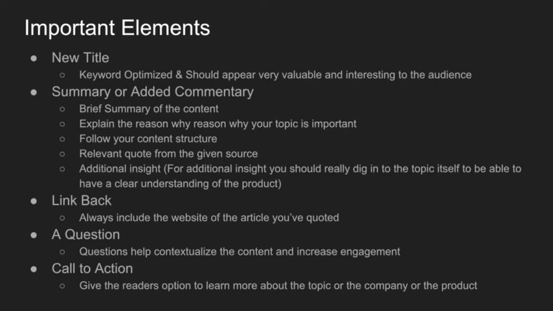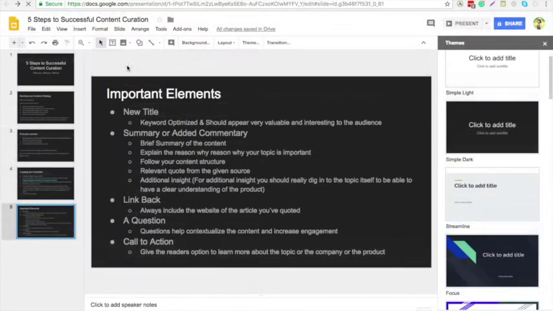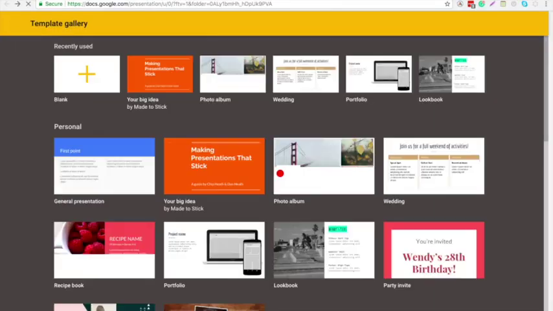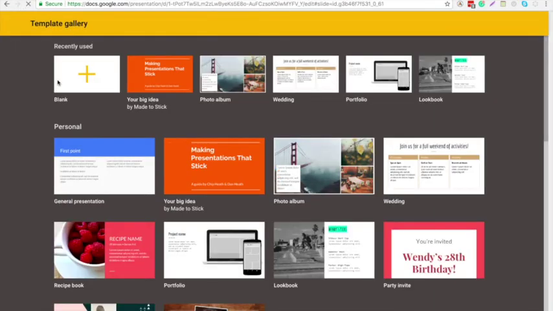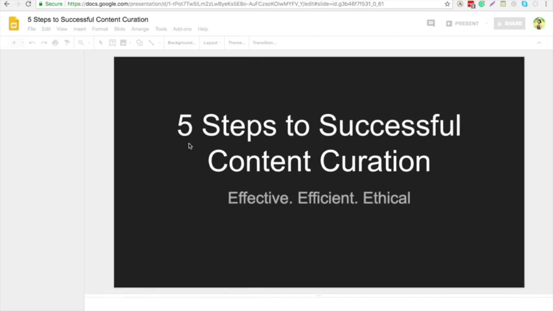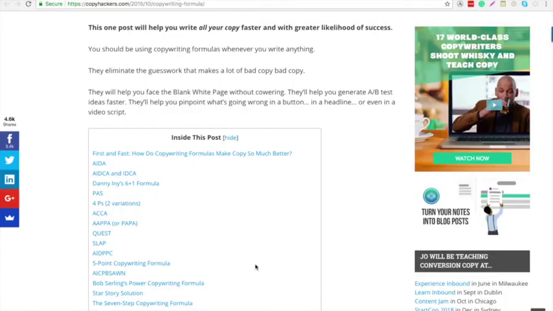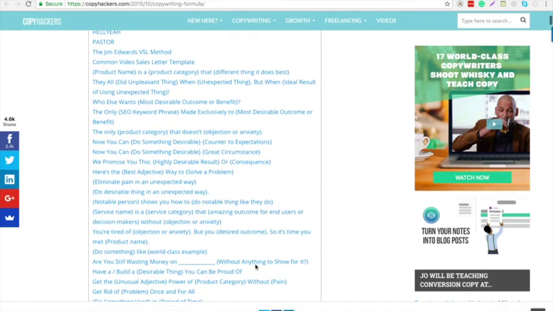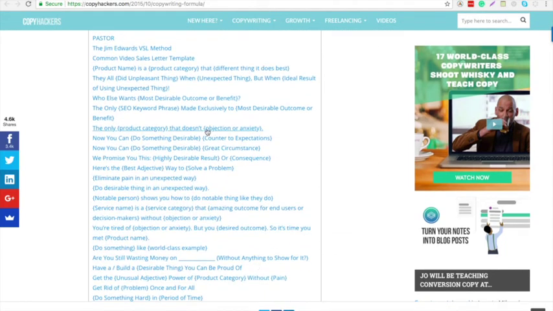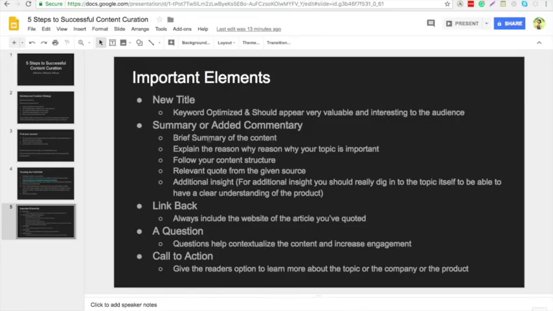On this website that I showed you earlier, they will also give you samples of headlines or titles that you can use. So this website is really helpful for you to come up with an effective title. So you should read that website that I have given you earlier. All right, so going back,